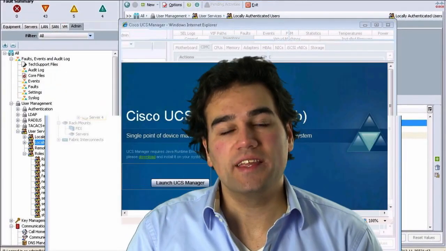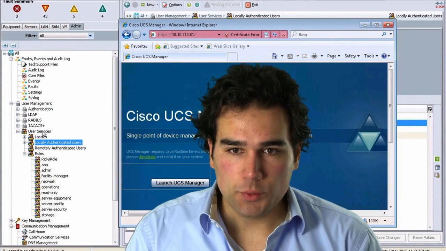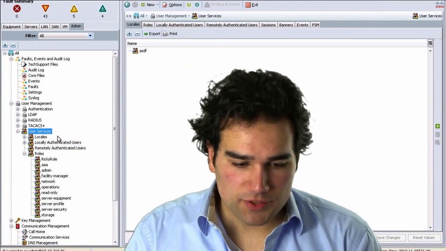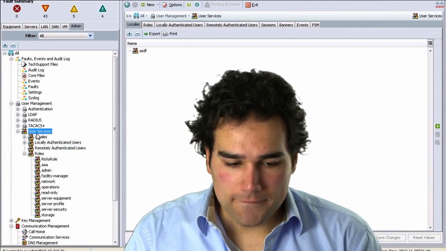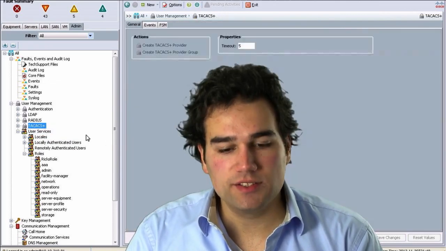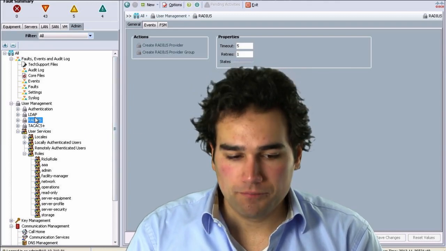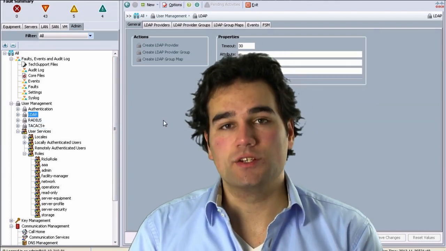Next up is authenticating users using a remote database. We have a couple options there. As you can see here, we have RADIUS, TACACS+, and LDAP. TACACS+ being the Cisco proprietary protocol, RADIUS being the open source protocol, and LDAP being a connection with Active